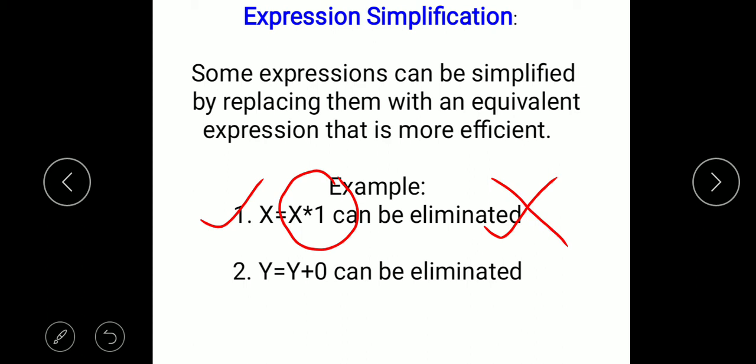Okay, second, you can see this one, second number, y equal y plus 0. This statement can also be eliminated because after elimination, semantic or meaning of source code or intermediate code would be same. So compiler can also eliminate them. Okay, so what is expression simplification? This is definition of expression simplification. Some expressions can be simplified by replacing them with an equivalent expression that is more efficient. Again, we need to keep one point in mind. When we are replacing with